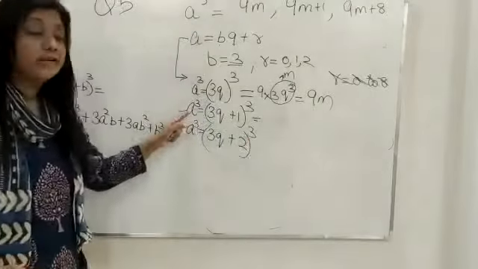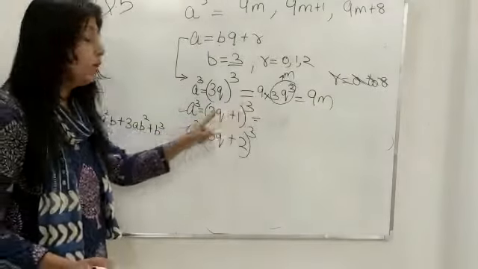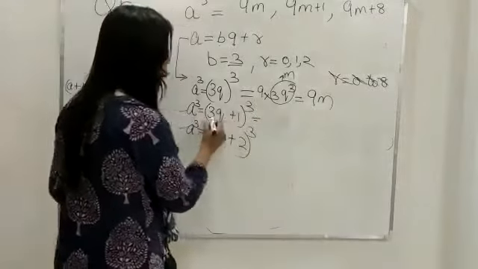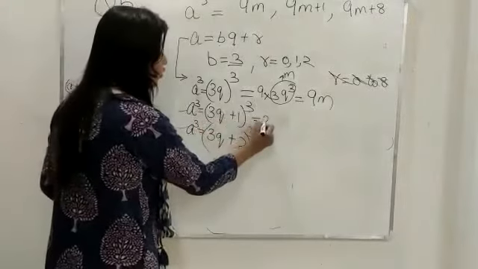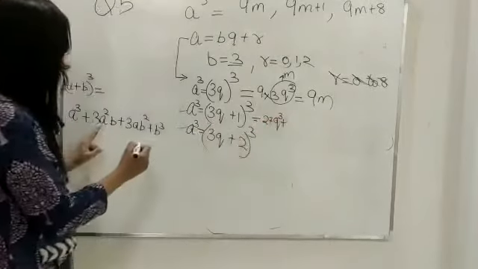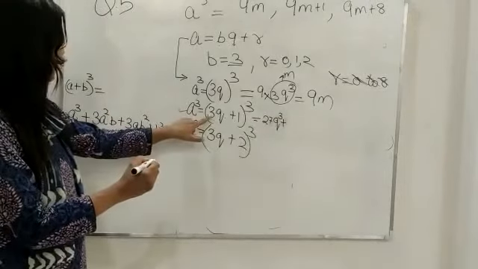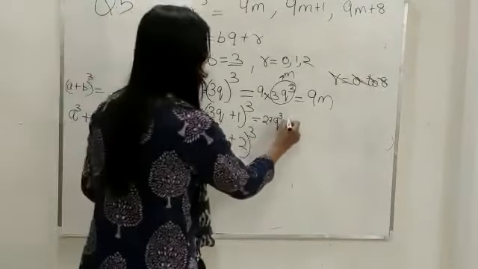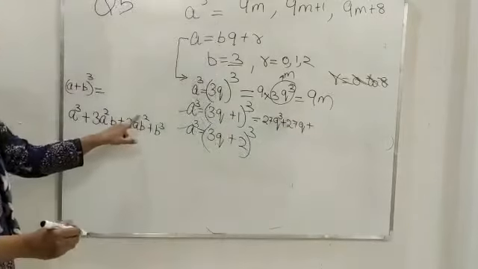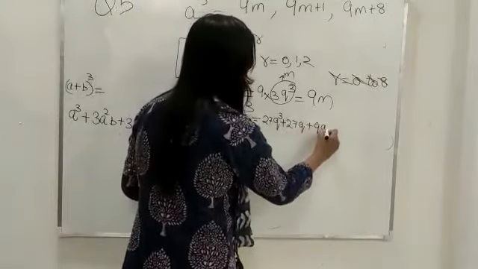Now we will find the second term, a cube is equal to 3q plus 1 cube. We will apply this formula. So what we will get, a cube, that is 3q cube, so it will be 27q cube, plus 3a square b. 3a square b, so 3 3s are 9, 27 q square. Then you will get 3ab square. So 3, 9 q, so you will get 9q plus 1.